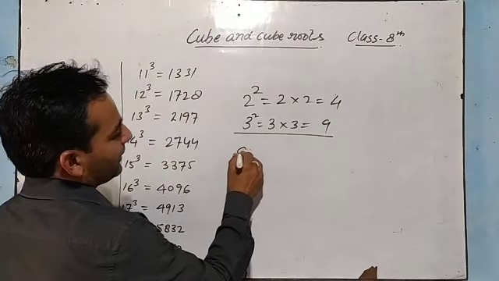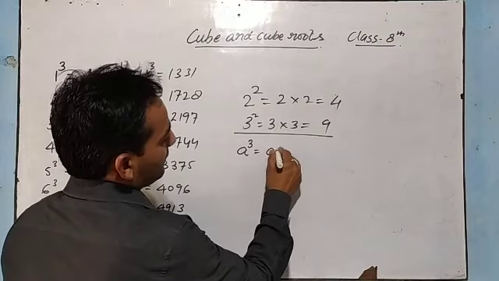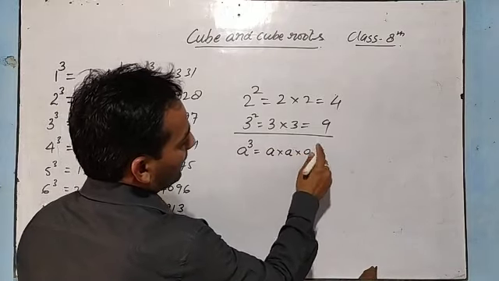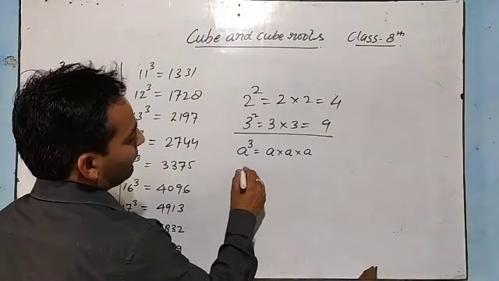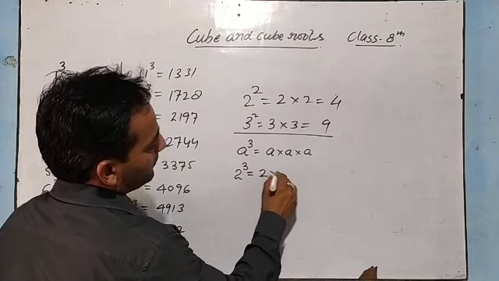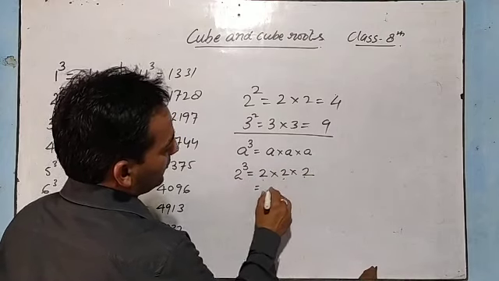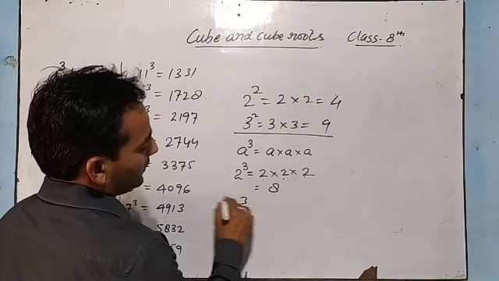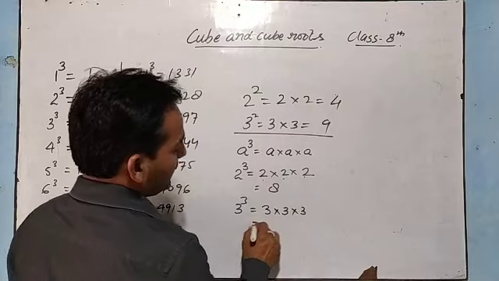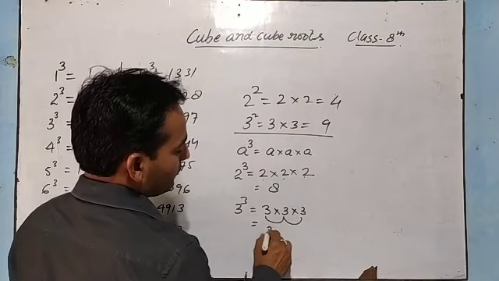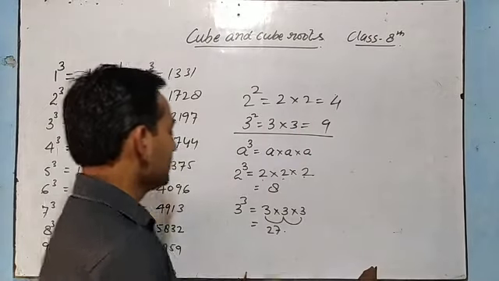So now we have cube. Cube means if we have written any number with power 3, that means a multiplied by a, 3 times. Like we have 2 cube. So we can write 2 multiplied by 2 multiplied by 2, that is 2 2s are 4, 4 2s are 8. Or if we do 3 cube, we can write 3 multiplied by 3 multiplied by 3, 3 3s are 9, 9 3s are 27. Like that, okay? I hope it is very easy for you people.